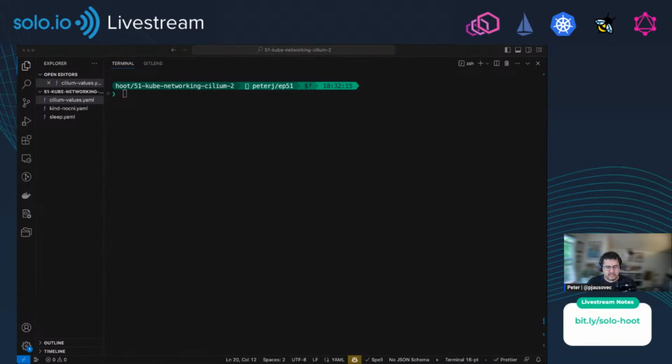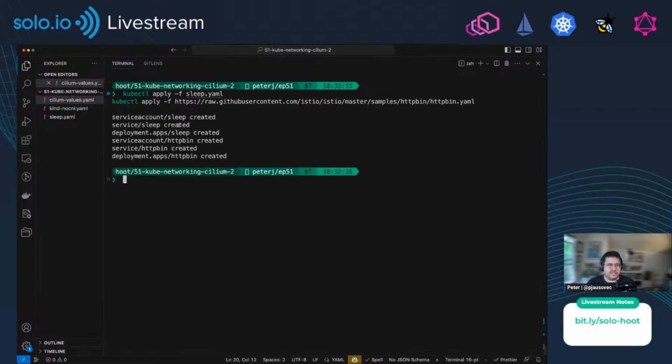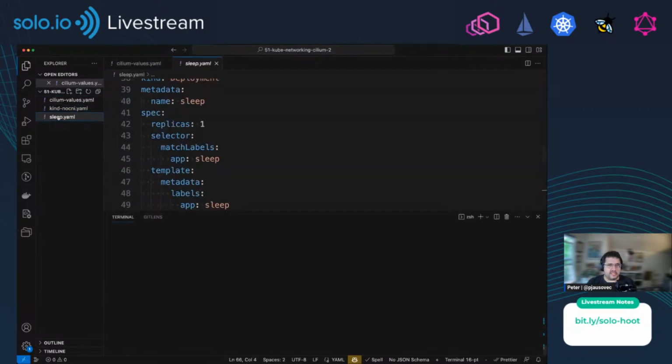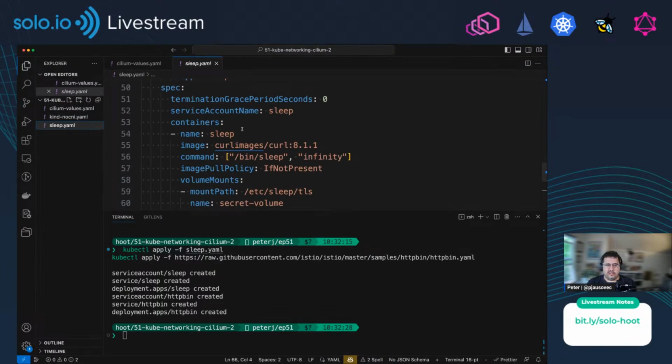I'll deploy Sleep and httpbin. Note if you're using Sleep, I haven't checked, but I noticed earlier this week that the latest version is not supporting ARM64. There's a bug or something, so they're fixing it. So if you were using sleep.yaml, like I did from Istio's samples, that one's not going to work if you're on ARM64 because it doesn't have this specific version there. But anyway,